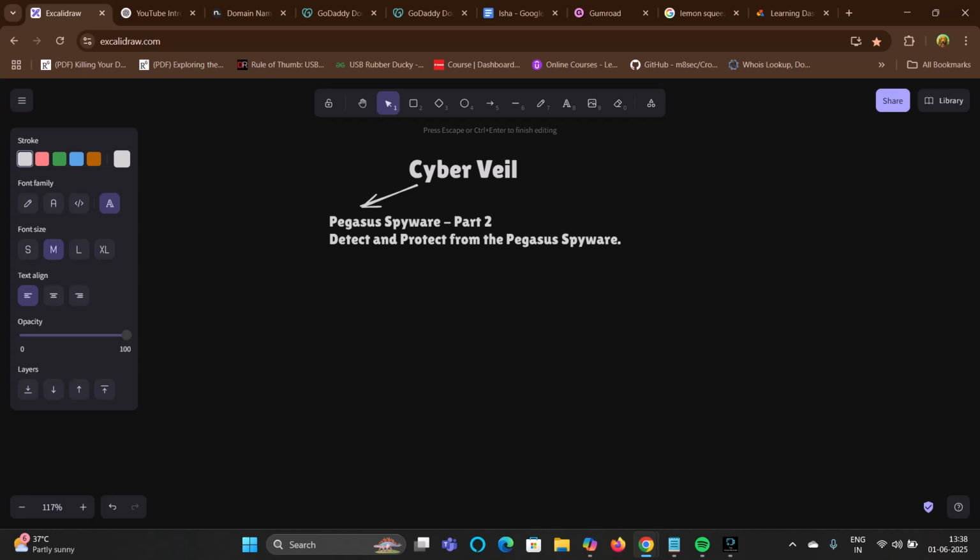As we know, detection and protection against Pegasus spyware is a little bit more challenging than other spywares, threats or attacks.